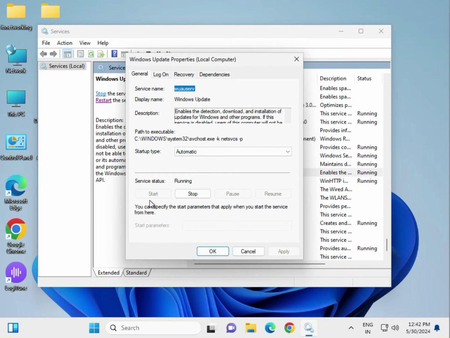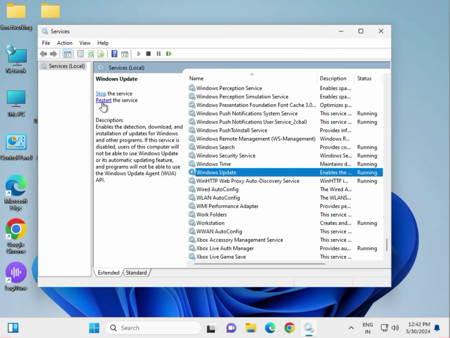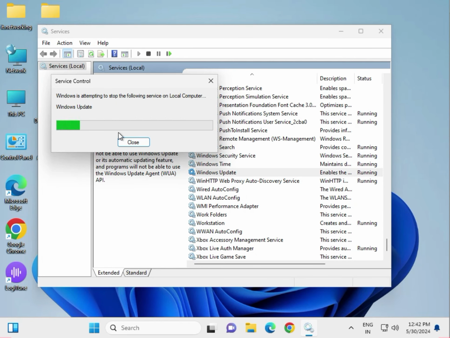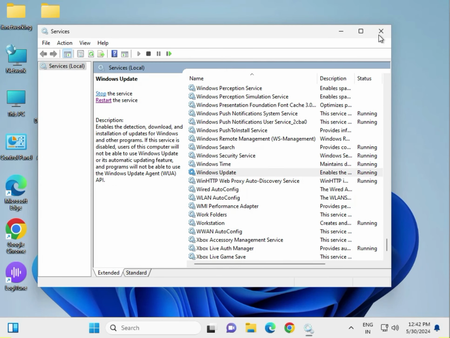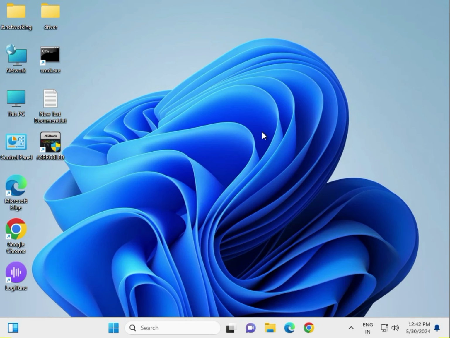Then apply, and if it has not started, click Start, then OK, and then again select Windows Update and click Restart, then close. Next, delete the SoftwareDistribution folder,